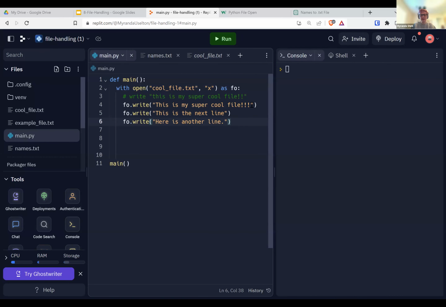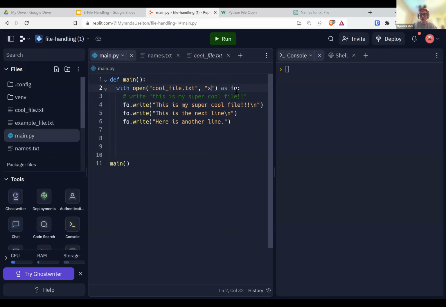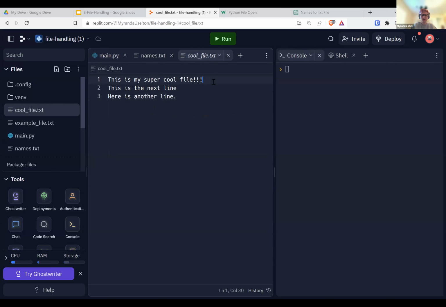Okay, so if we want those to be on the next lines, we need to put new line characters. So I'm going to do \n to say start a new line, \n. And now it's going to give me an error if I try to open it again. So I could either erase this, delete this file, or I can change the permission to R+, which stands for reading and writing. And I can run this again. It is going to overwrite what we had. So I ran it. Let's see what it did. And here we go. So we had this in my super cool file. It added a new line character, which just is like pressing enter when you're in the editor. So it's adding a new line.